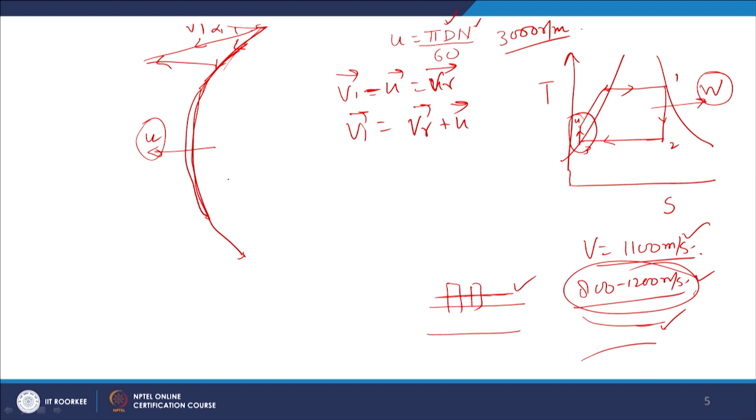Similarly, when we go to the exit side, this is VR2, right? This is the relative velocity with which the steam is leaving the blade. In this case also, the absolute velocity at outlet V2 is equal to VR2 plus u. Here also, if we add the peripheral velocity, we will get the absolute velocity, right. Now, these two triangles are drawn on a single base, that is u, the peripheral velocity.